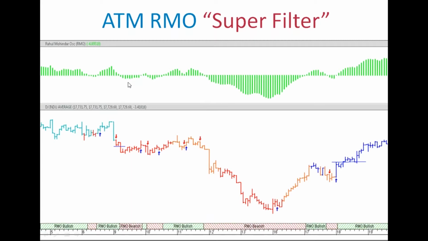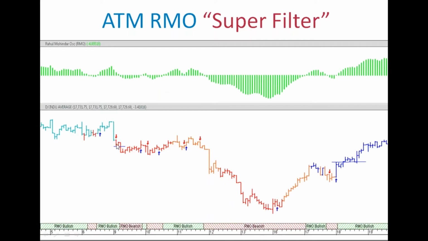So somewhere, if you just look at this area over here where my pointer is, you would notice the RMO went from negative to positive, negative to positive, negative. And this whole phase was kind of a bit of a mess. And if you looked at the original bar colors, which were red and blue, you might have actually got triggered into a buy and a sell both ways here. And with the new super filter, it efficiently marks red and orange bars, forcing me to remain on the short side or sell side. It forces me to stay bearish and not swivel around with the indicator. So it's kind of filtered out the RMO signal itself.